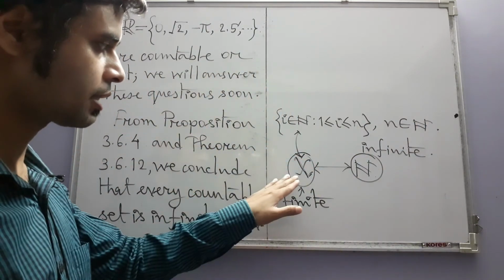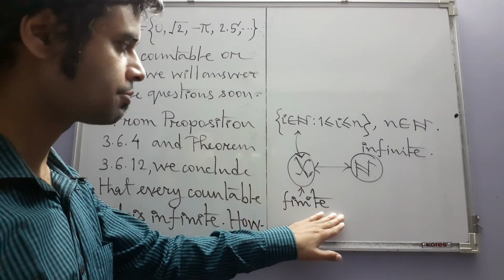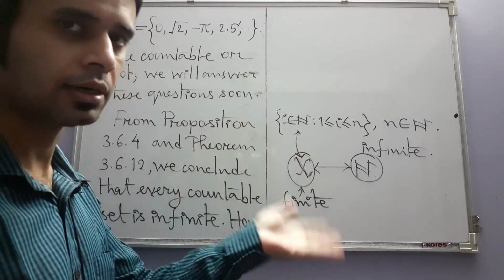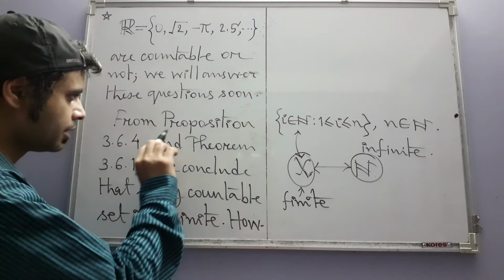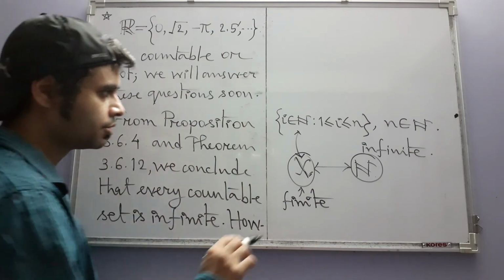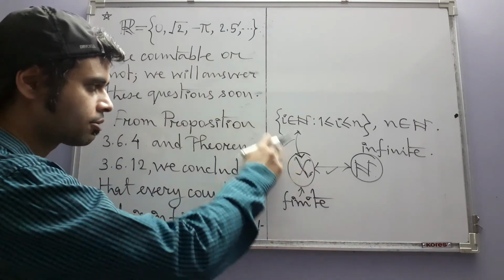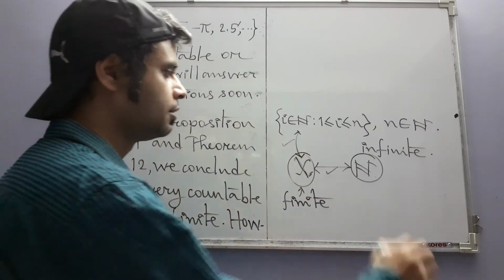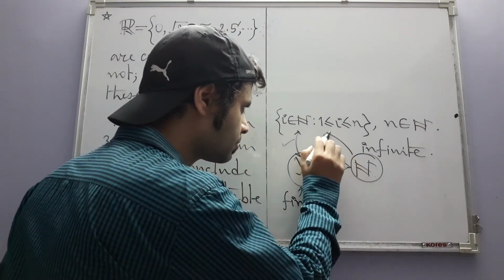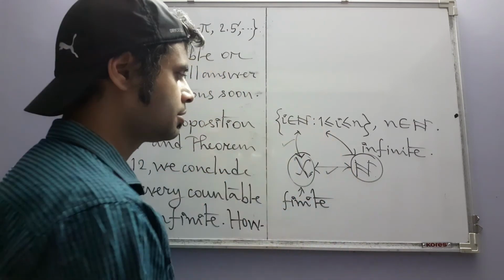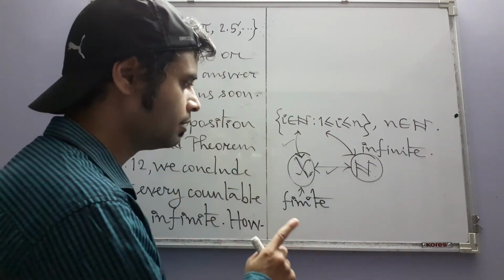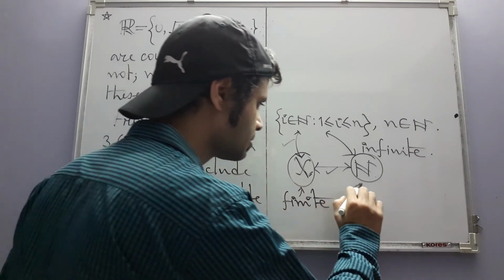Okay, so that just comes from our supposition that X is finite and the definition of finiteness. But then by proposition 364, because this is a bijection and this is a bijection, you can consider their composition to have a bijection between N and this set, which would then, by the definition of finiteness,